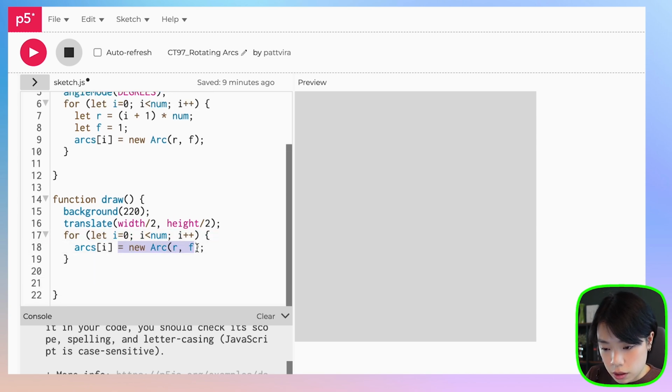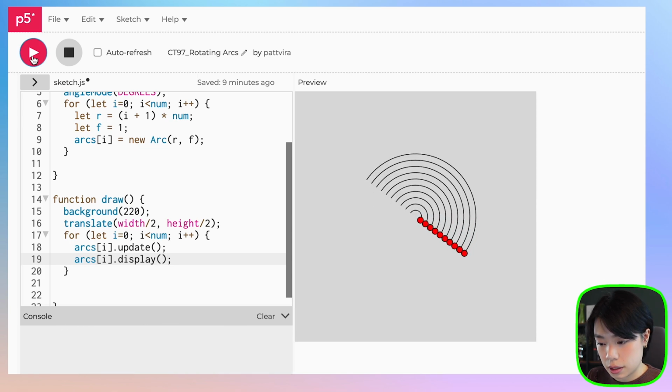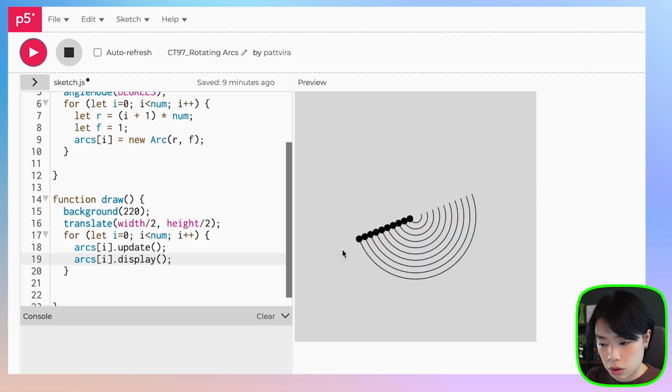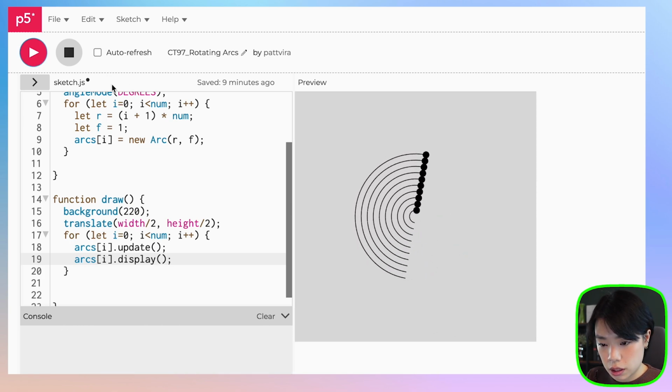And we can use the same for loop and then call the update, and then the display method. All right, so the